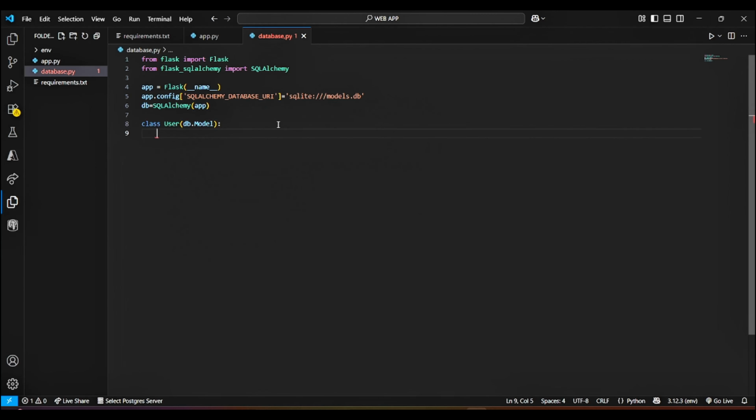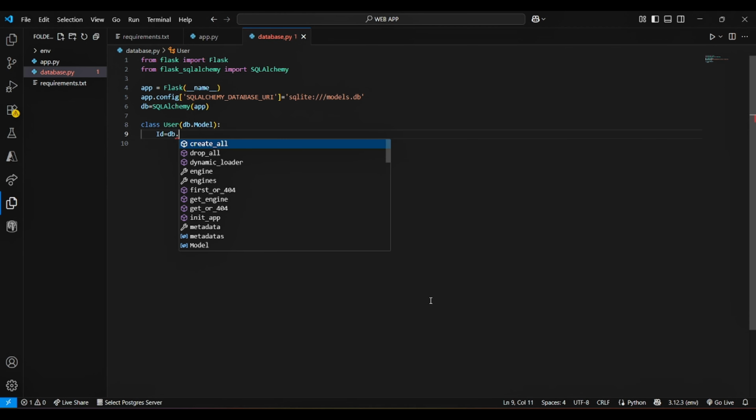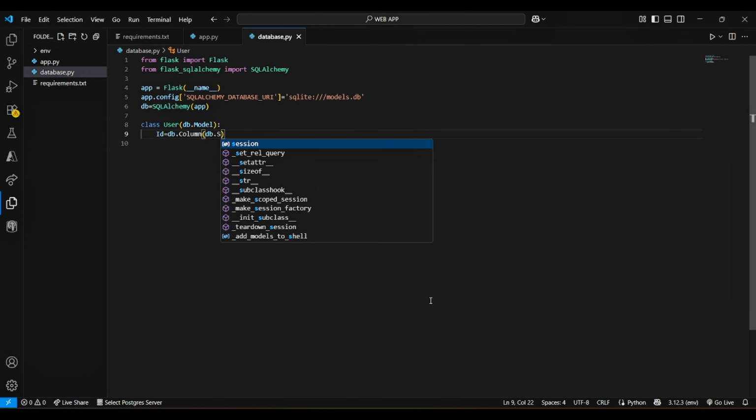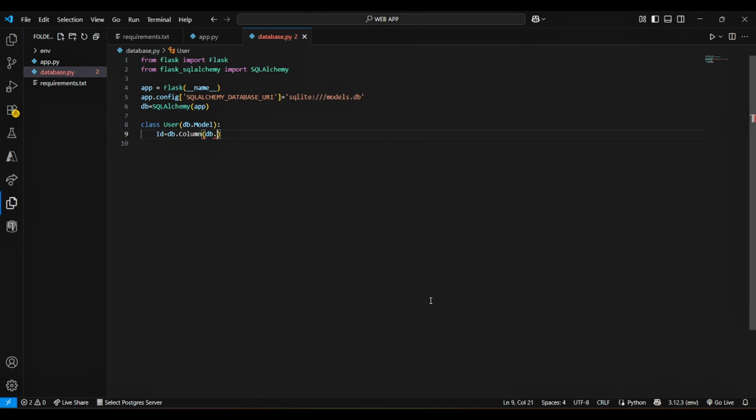So now I am going to create my first table, defined by a model class. Under this, the attributes of the columns with constraints.